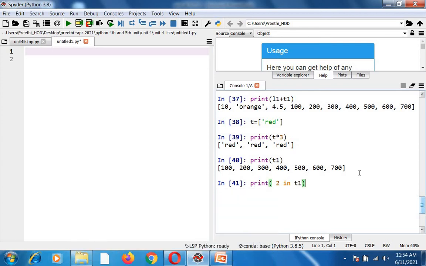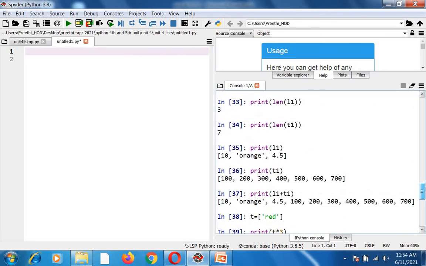The in operator will go and check whether the number 2 is available in the elements of the list. No, there is no element called 2 in this list, so it will give you a true or false; it will give you a false. This is how you can use the in operator in your list. Is it okay, students?